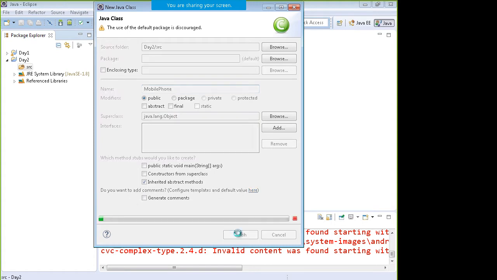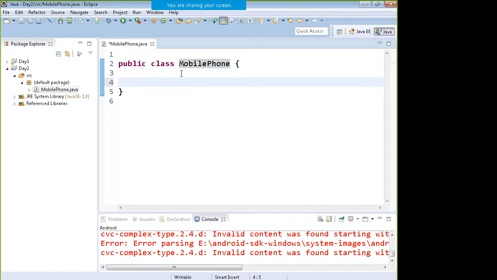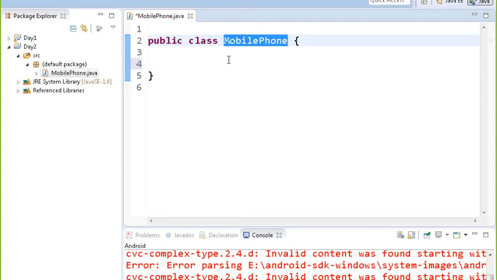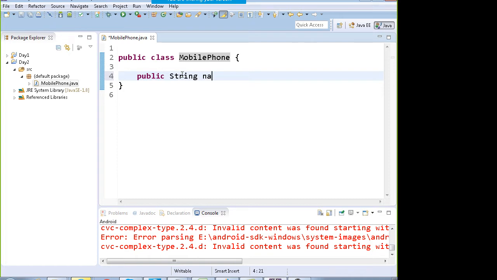Okay, so I have created this class known as mobile phone. No, I have not kept the main function in it. Right. So what are the features of a mobile phone? The features of a mobile phone are that you can, for example, have public string name of the mobile phone,